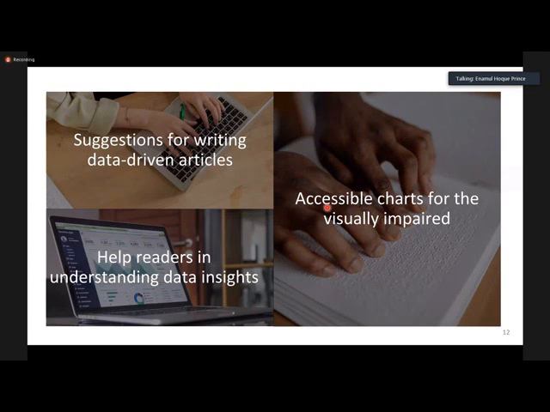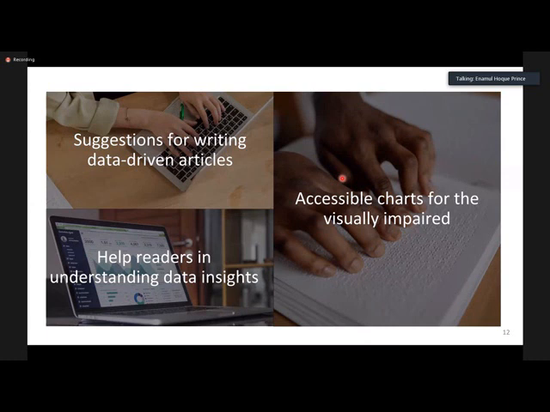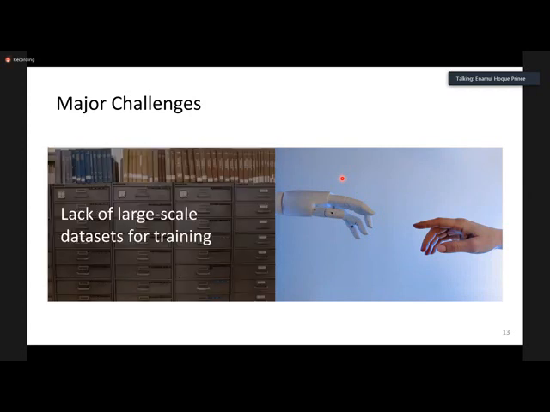Now, there are two key challenges if you want to address this problem of chart summarization, or chart-to-text. The first one is that there is no sufficiently large dataset that we can use for training a deep neural model. As we all know, deep learning models often require a lot of data to be properly trained and to effectively perform the task.